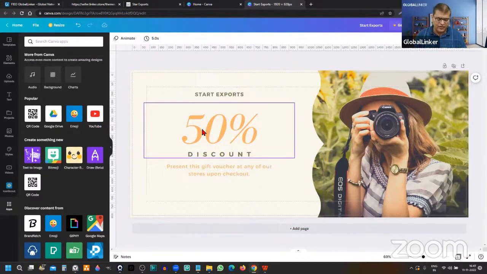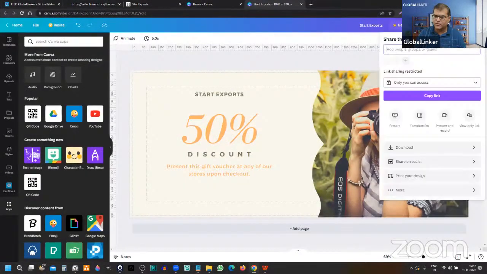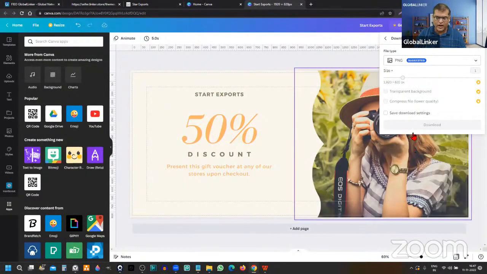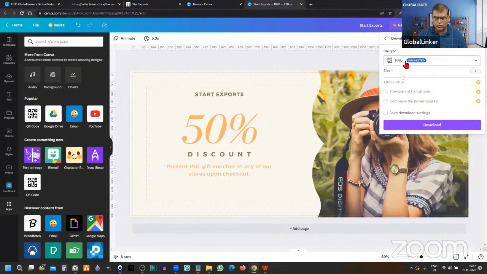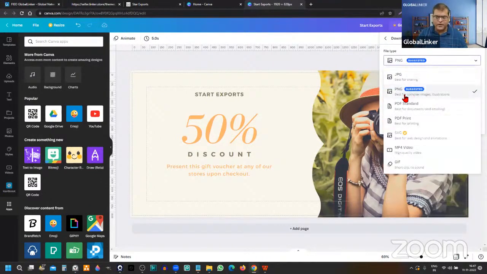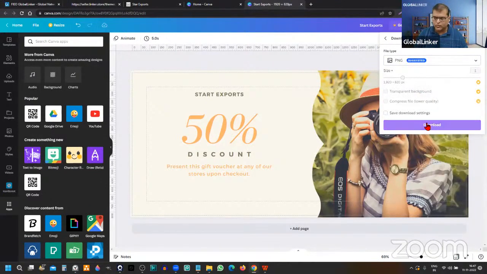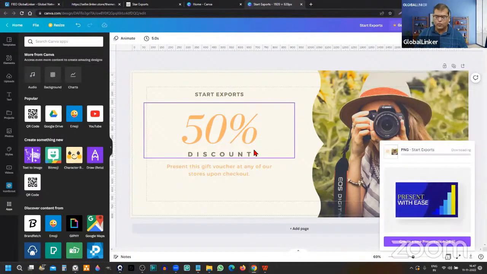So you have understood that you can come here, enter the dimensions. If you want, you can use a template, or you can design it yourself entirely. All the options are available. Once you have designed the banner, that's where you have to download it. To do that, you have to click on the Share button, and then click on Download, and then you can choose a download format. Now, PNG is a suitable format that you can use, and then you have to click on Download, which will